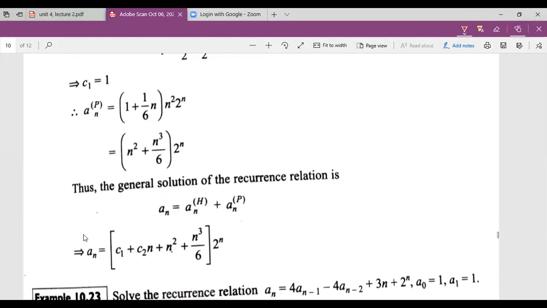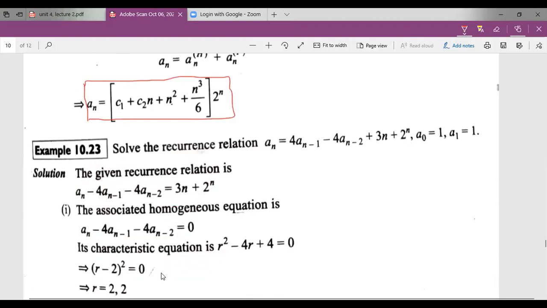Okay, this is the complete solution of the given non-homogeneous recurrence relation. First we find the homogeneous solution, after that we find the particular solution. The particular solution is based on the RHS term of the given equation. Okay, next one,